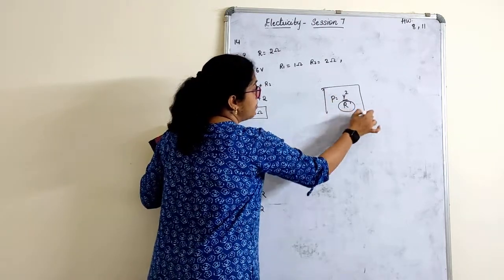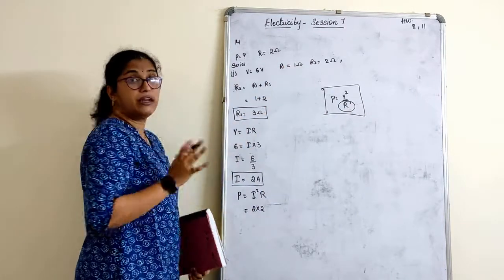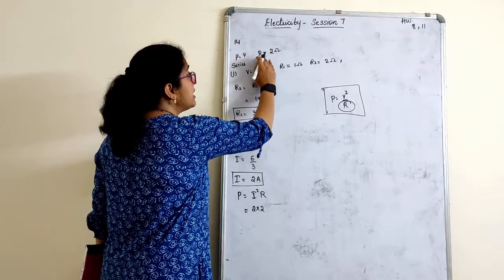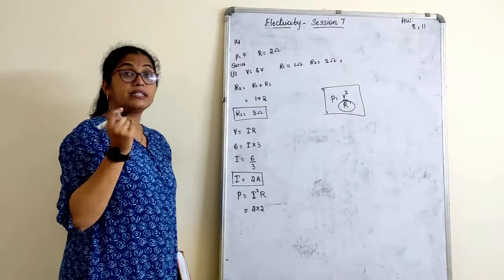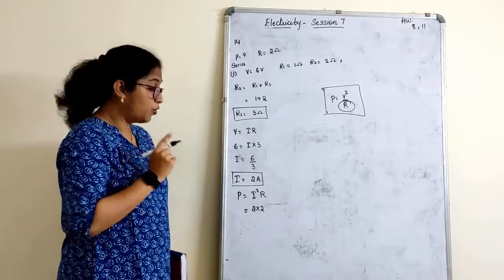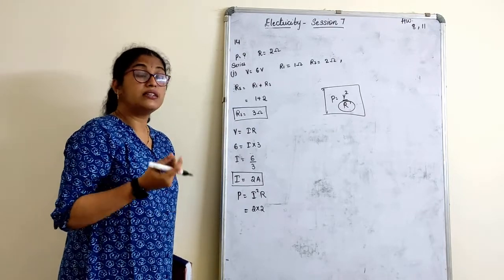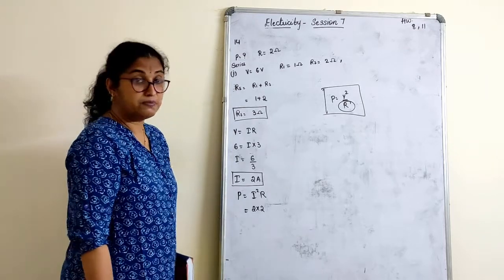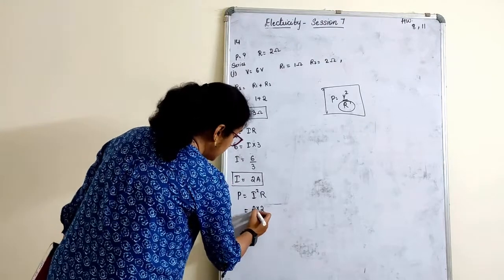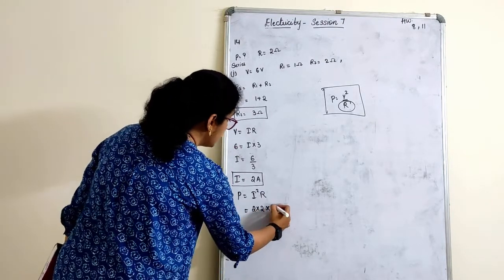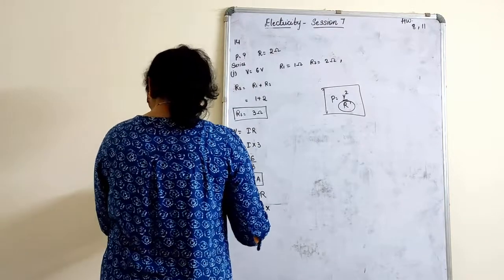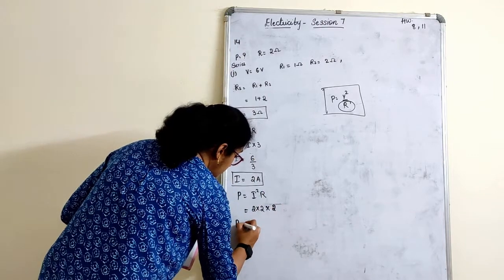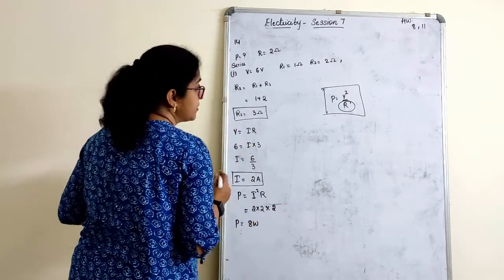We know that any suitable formula given the condition we can use, but it is not like that. Understand the question. Compare the power in accordance with the 2 ohm resistor when it is connected in series with 1 ohm. Why did they have to give this? Because we also have to find the current flowing in the circuit, and with that we find the power. So here it is 2 into 2 into resistance, which is also 2. Power is equal to 8 watt.